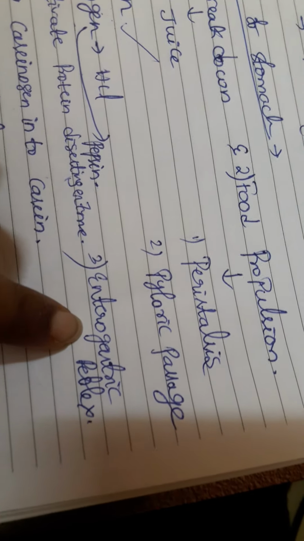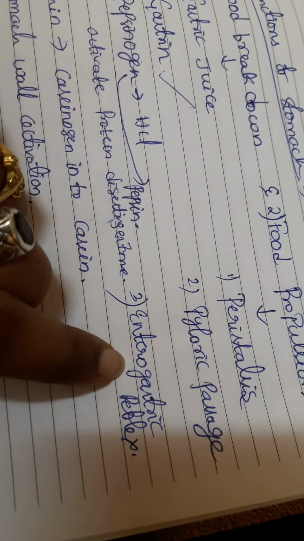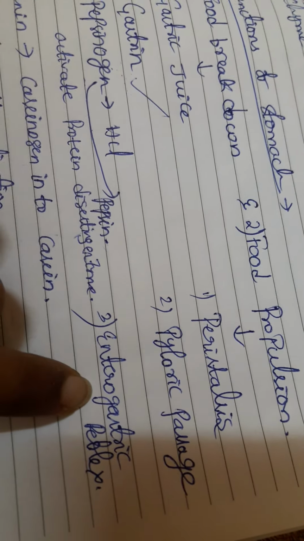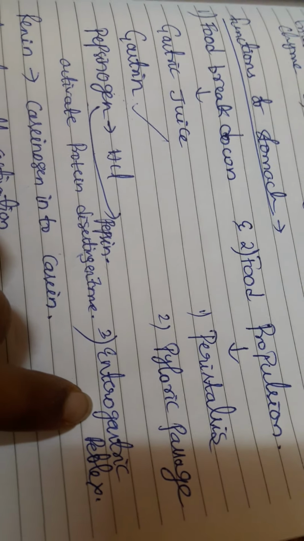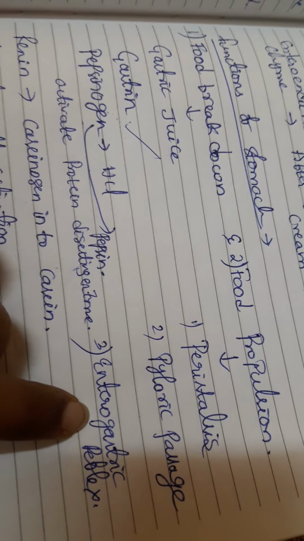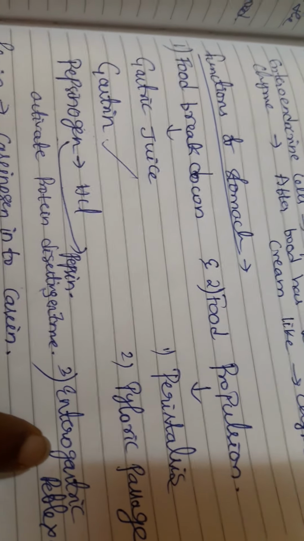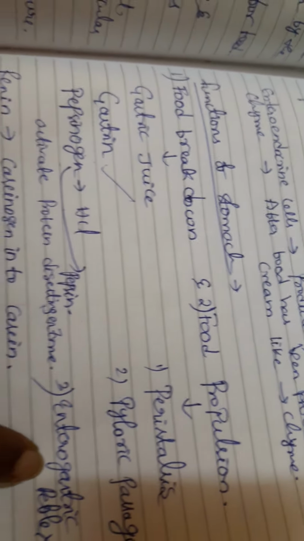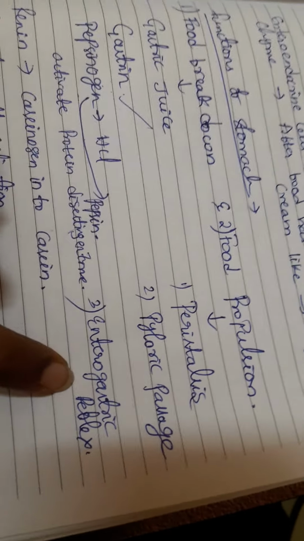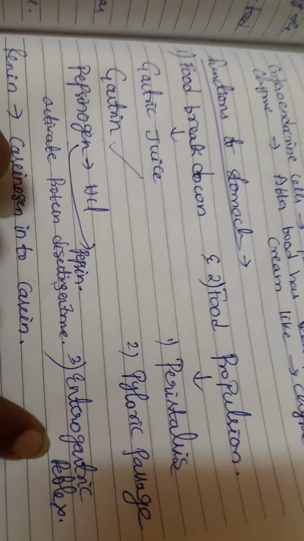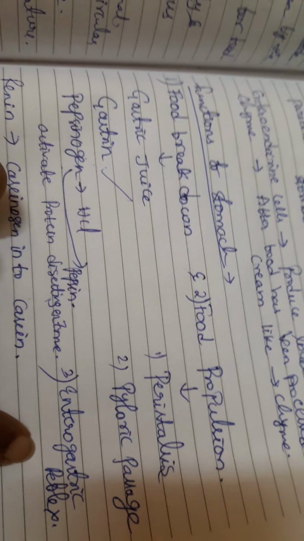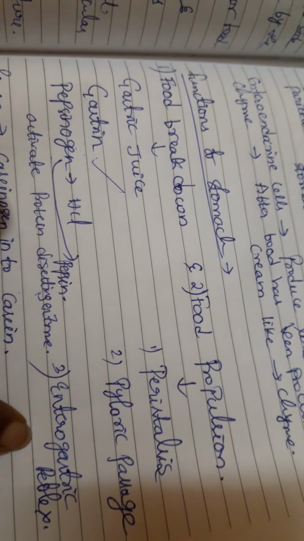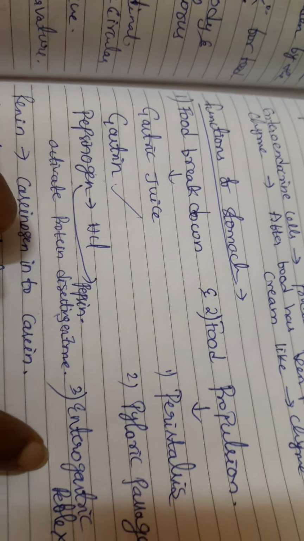And next, enterogastric reflex. When the duodenum is filled with chyme and its wall is stretched, a nervous reflex occurs. This reflex puts the brakes on gastric activity, slowing the emptying of the stomach by inhibiting the vagus nerve and tightening the pyloric sphincter, thus allowing time for internal processing to catch up. In simple words, whenever a nervous reflex takes place, stretching of the wall of the duodenum results in inhibition of gastric motility and a reduced rate of emptying of the stomach.